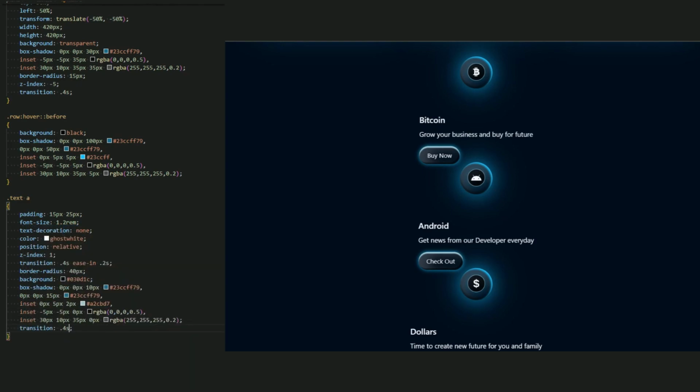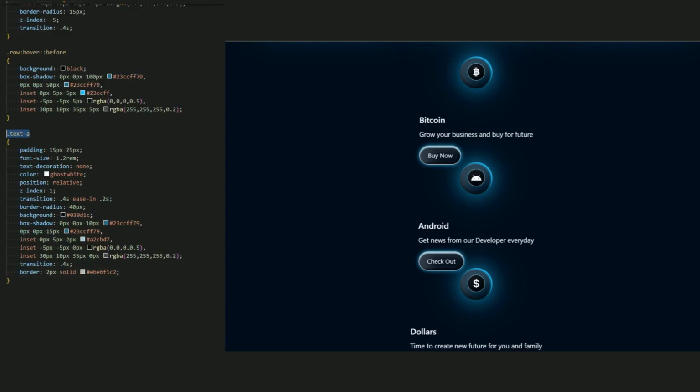Okay, now let me add a border, 2 pixel solid, and let me add this color. Okay, now for the hover, let's use a box shadow and border radius. So just copy this, paste it.